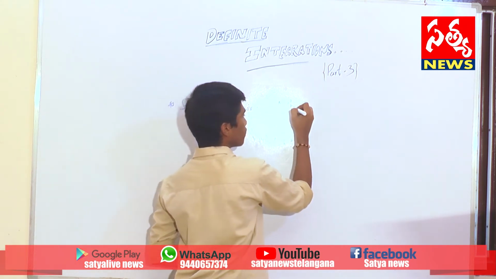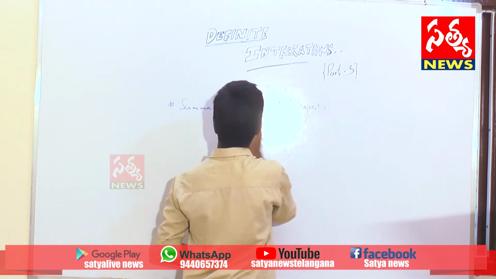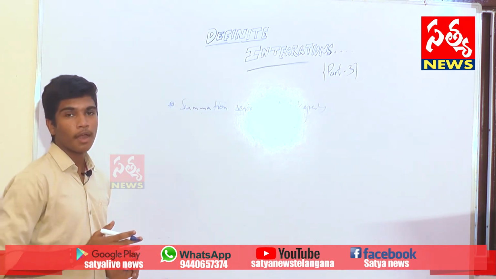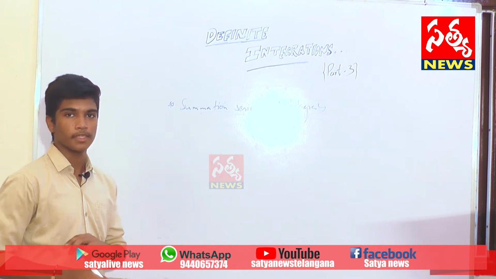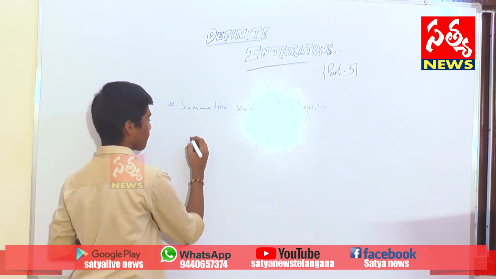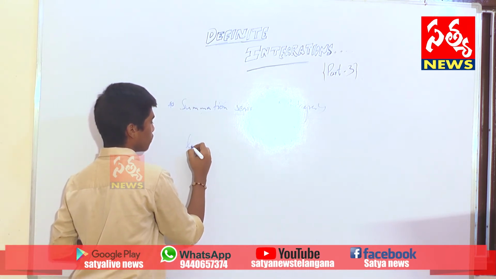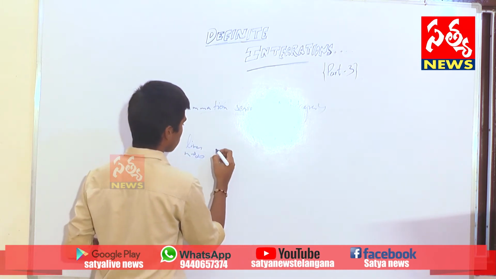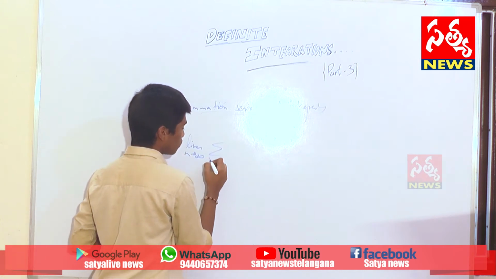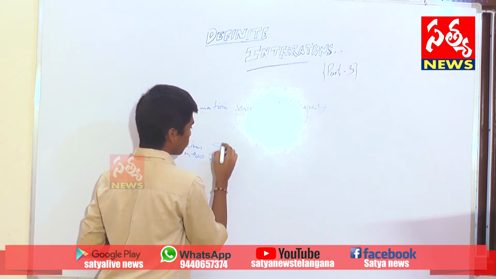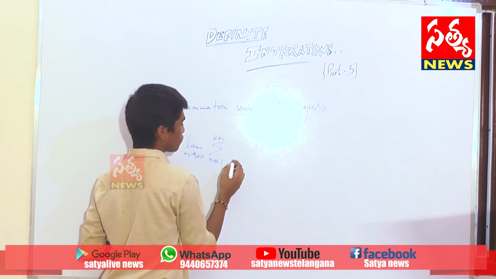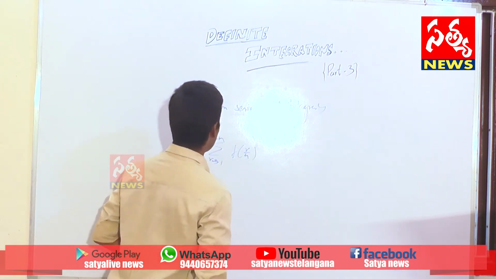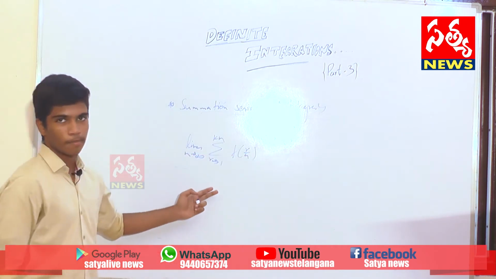Summation series of integrals. I will directly write the formula and I will explain this in detail with an example. Okay. Limit n tends to infinity, summation r from 1 to kn of f of r by n. Let us assume this is a summation series